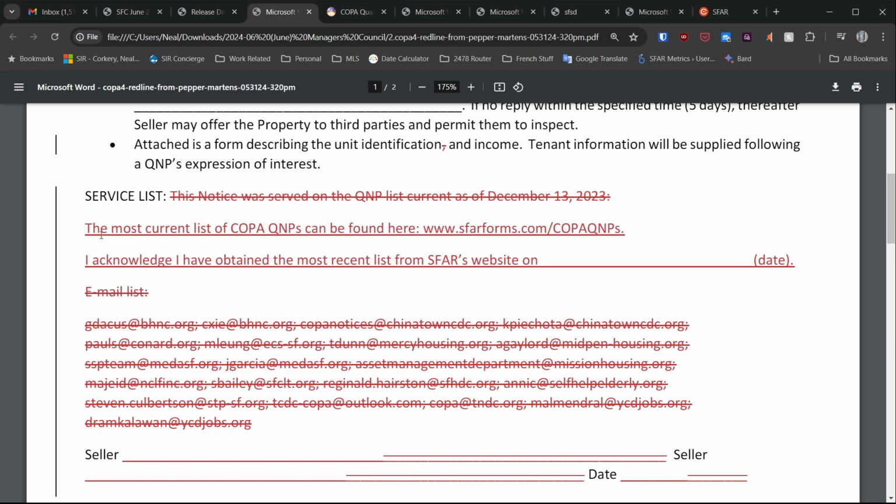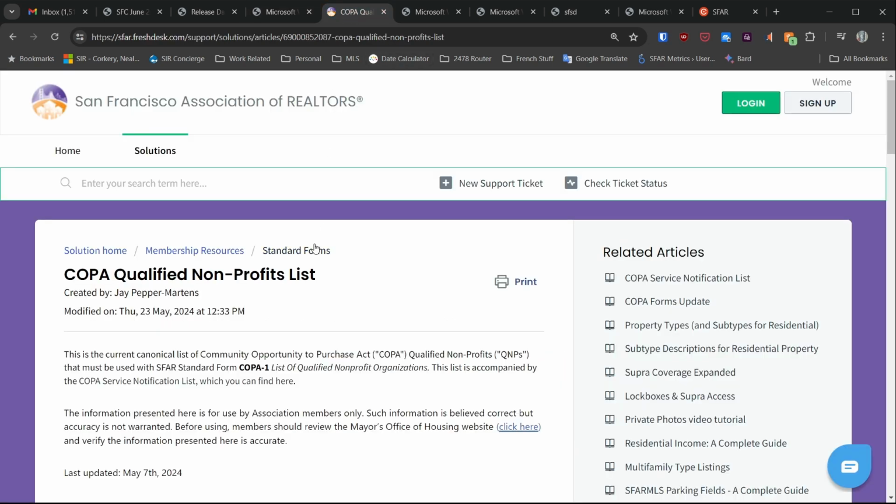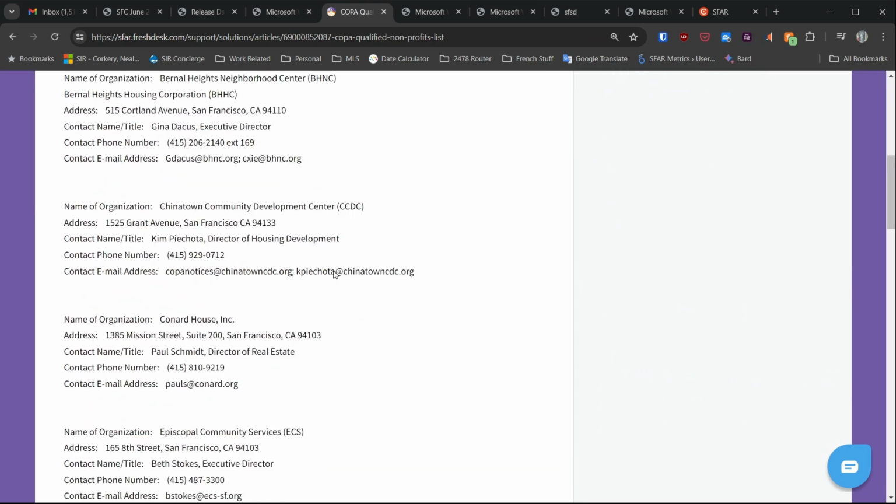been deleted. And instead, we now have a sentence that says, I have obtained the most recent list of QNPs from SFAR's website on, and you would fill in the date on which you pull the list, and you say to yourself, well, where is this list? And there's a link now built into the form you can click on that will pull up the SFAR list of nonprofits that are here,